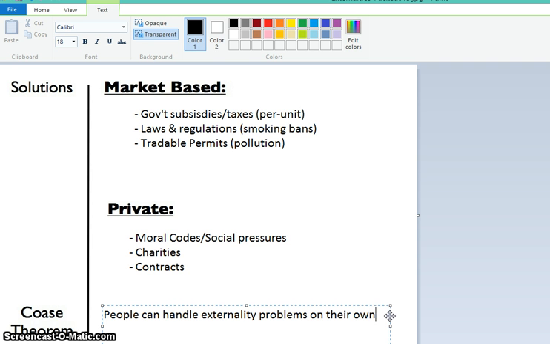I think we can all agree that there may be some real difficulties in handling big issues with externalities on your own. Like, how could one person legislate where another citizen smokes, or how late they stay up? That would be very, very difficult for the most part. The idea of knocking on your neighbor's door is not one that most of us relish. So this is a very minor thing, but if you have heard it, then we're in good shape.